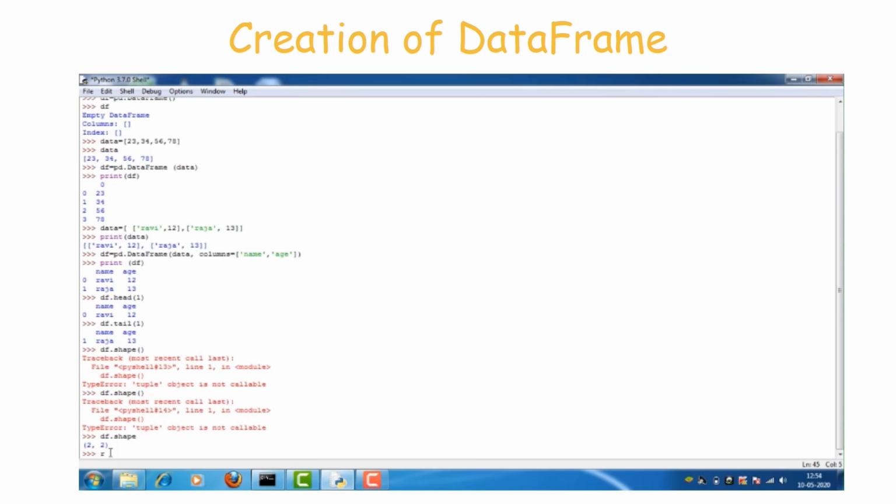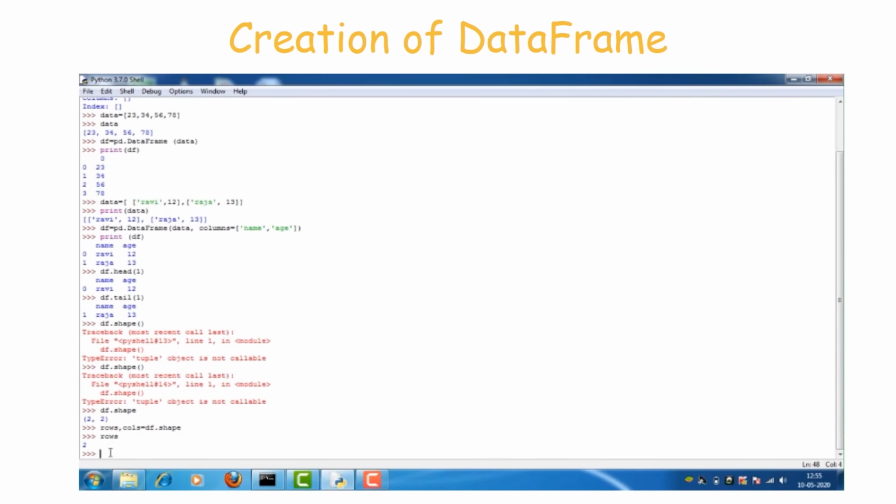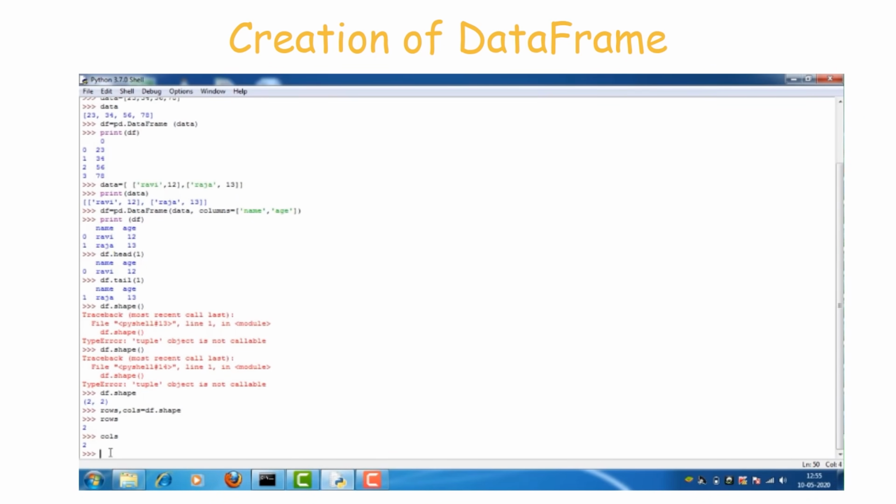If you want to store the number of rows and the columns in other variables, write rows, comma, cols is equal to df dot shape. Rows contains 2, and the same way cols contains 2. So the number of rows is 2 and the number of columns is 2.